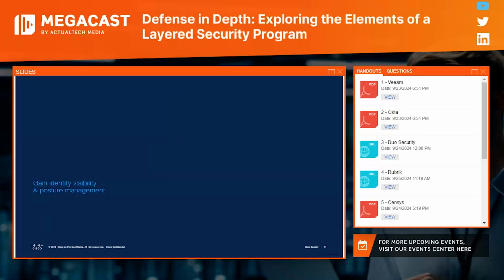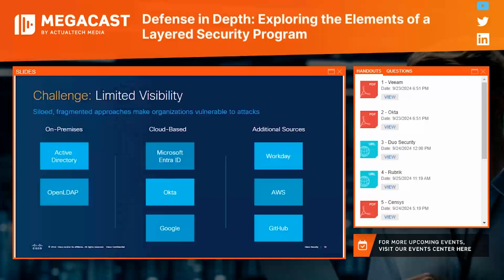So we think about gaining identity visibility and posture management. What does that really mean? Well, from our perspective, one of the challenges around identity today is that it used to be just that on-premise Active Directory accounted for most identity, but now people are transitioning to cloud identity providers, whether that be Microsoft Entra, Okta. They're using Google. If you might be a startup or a smaller company, often they'll use Google as their main